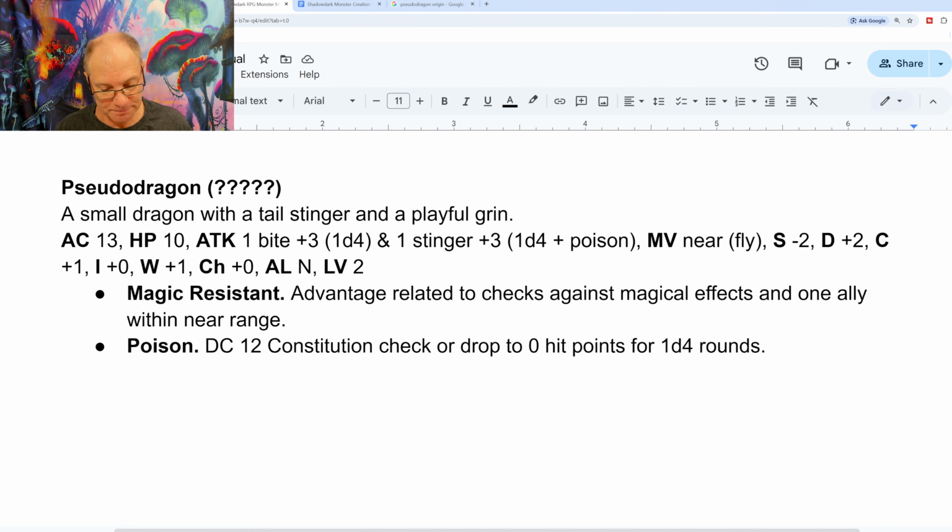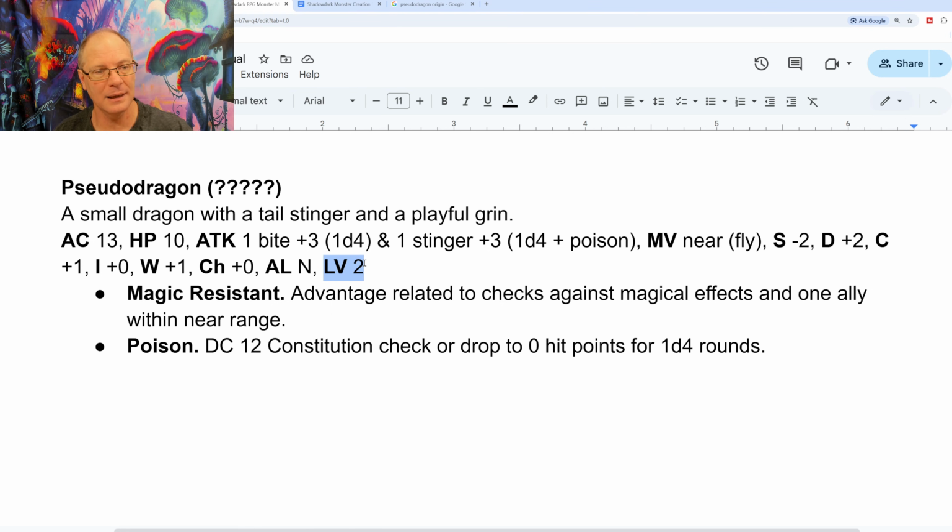So the Pseudodragon... Piercer, Pseudodragon, Pixie, there we go. It is only a challenge rating quarter, so it's really not even a threat. It's kind of a waste of your time. It has been decided that it's going to be a familiar and have no other real purpose other than that. There is no quarter level in Shadowdark. I'm going to go with Advanced Dungeons and Dragons, which is why I'm going to make it a level 2